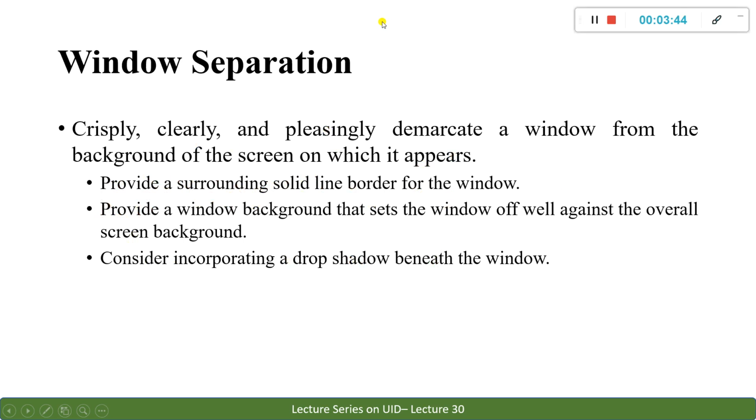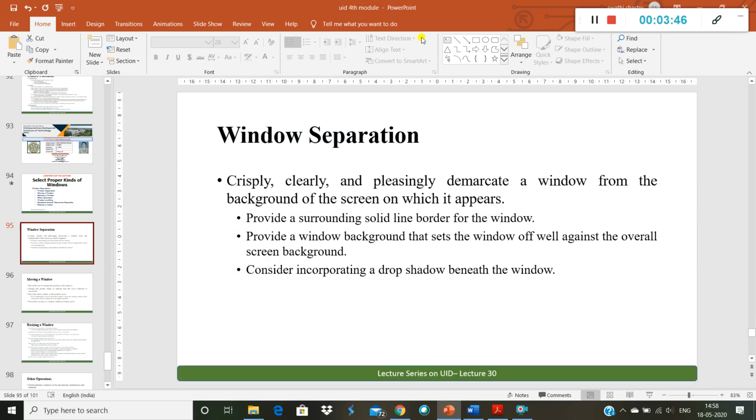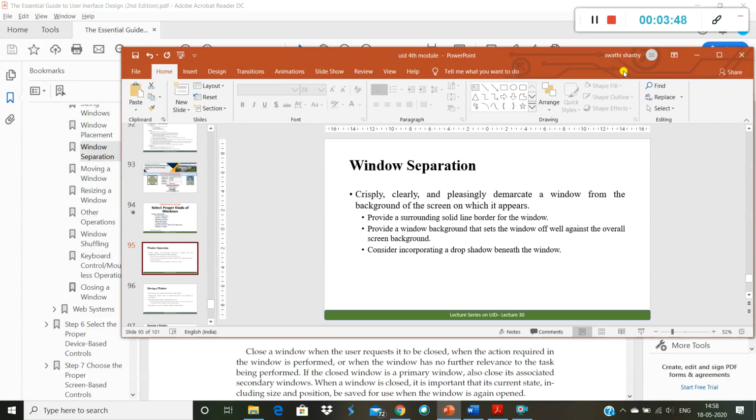If you want to see an example, I'm just stopping this presentation and minimizing it. I have a previous window running and I have a proper demarcation, a solid line, which is visible. You can see here, right?